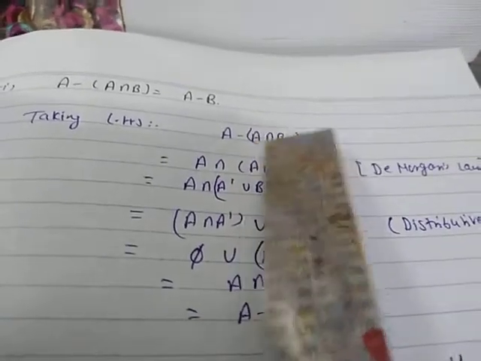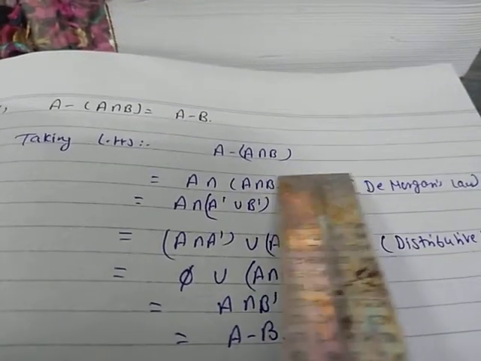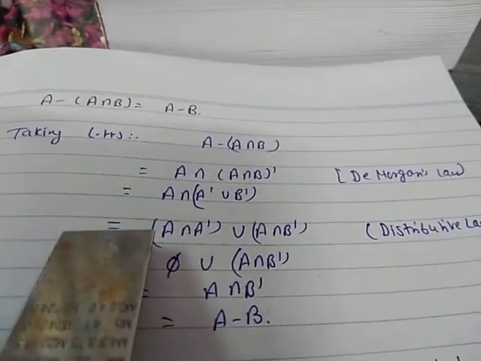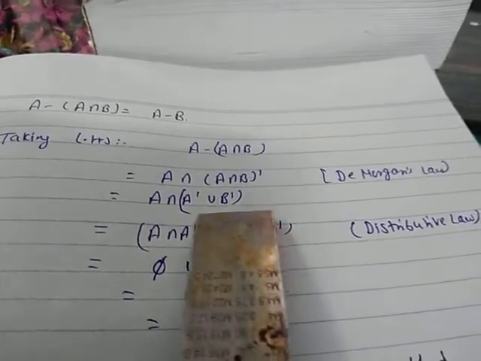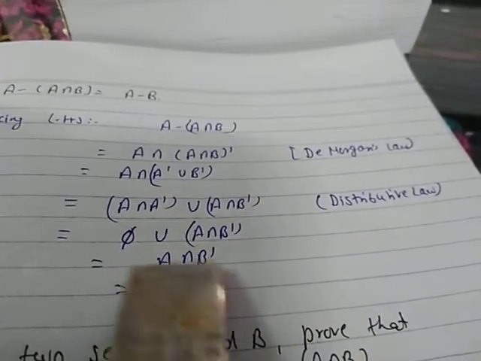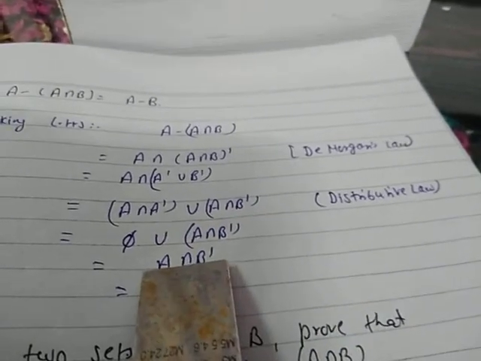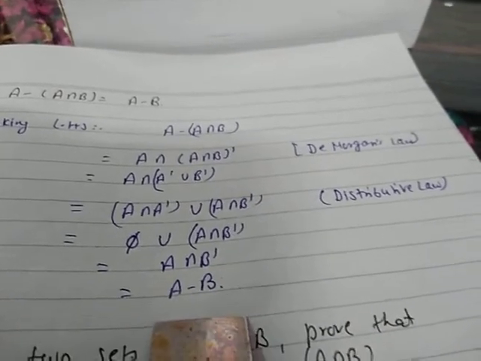minus is here na, तो intersection and this का complement. A intersection, again this one is there, so De Morgan's law is going to be applicable. A complement union B complement. Different sign, distributive law. A intersection A complement union A intersection B complement. A intersection A complement is phi union this one. Phi union this one. Union है, that means the whole is your value. A intersection B complement means what? A but not in B, that is A minus B.